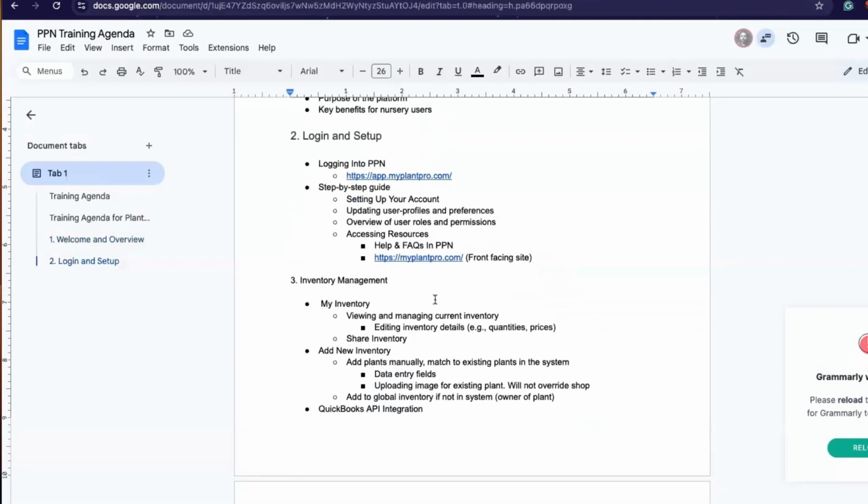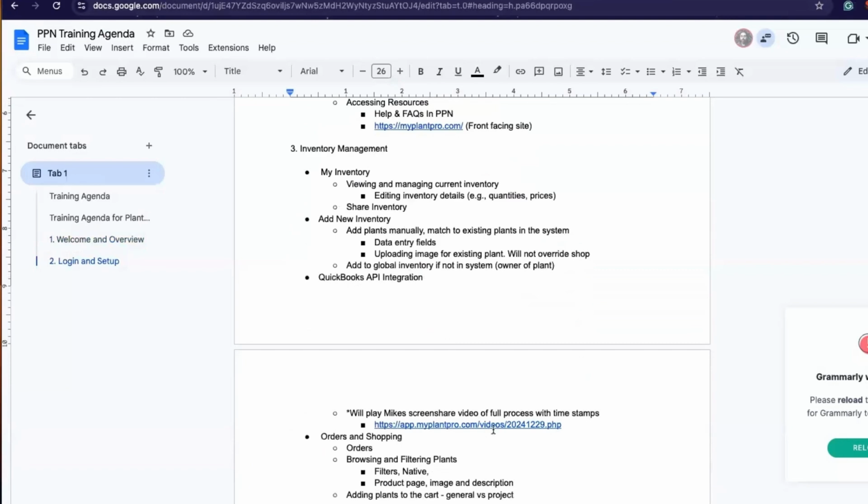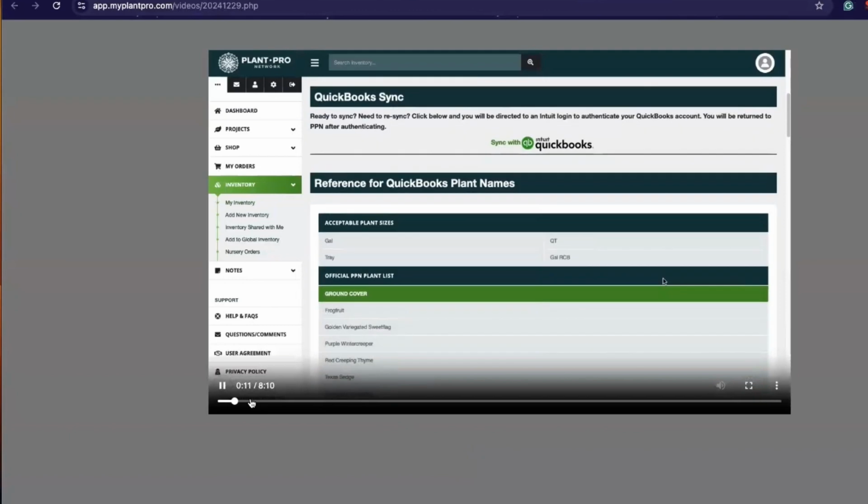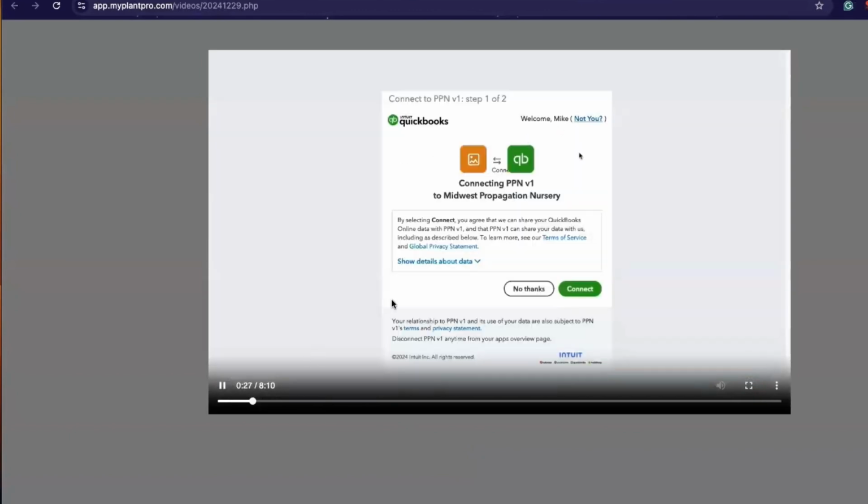Mike also has a screen. Also, Mike, jump in too if I'm missing anything. Great so far. Okay. He's got a video here that we can send you guys as well that just uses a demo to go through the process. So this is connecting to QuickBooks,